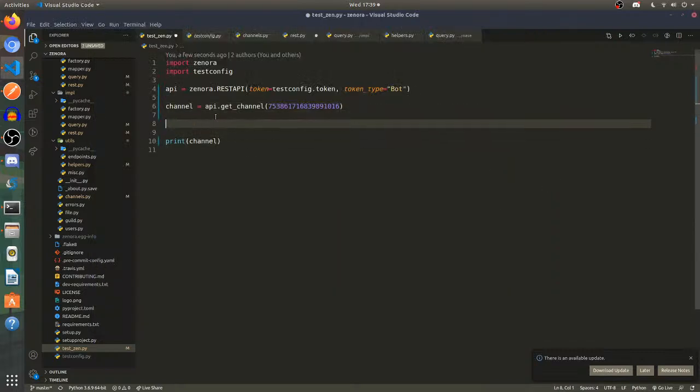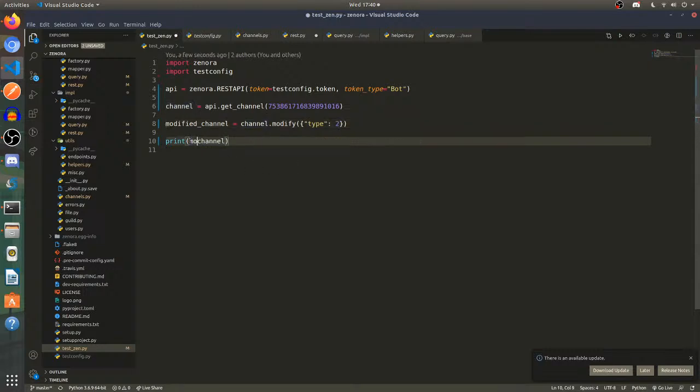Now if I actually modify channel, okay, modified channel equals to channel dot modify, because the channel object has a modify method, and the args are going to be name, sorry, let's convert the type. How about that? Type is supposed to be 2. If we give it the type 2, it's gonna be converted into a voice channel. Now let's do modified channel. I haven't actually tried this, but this should work.